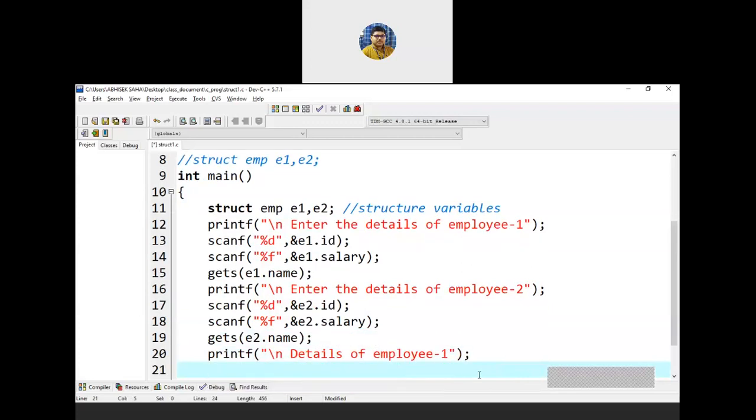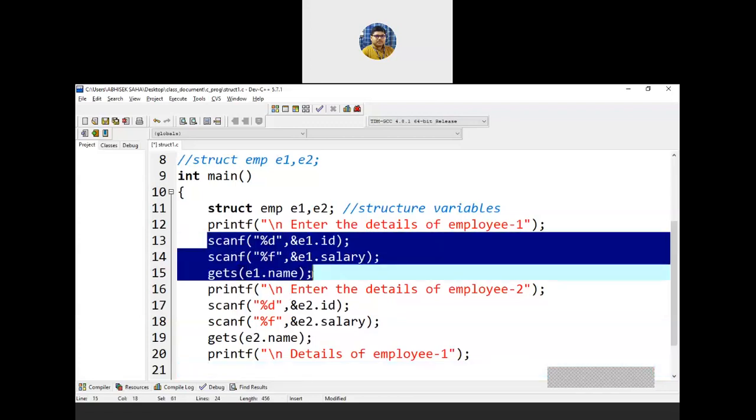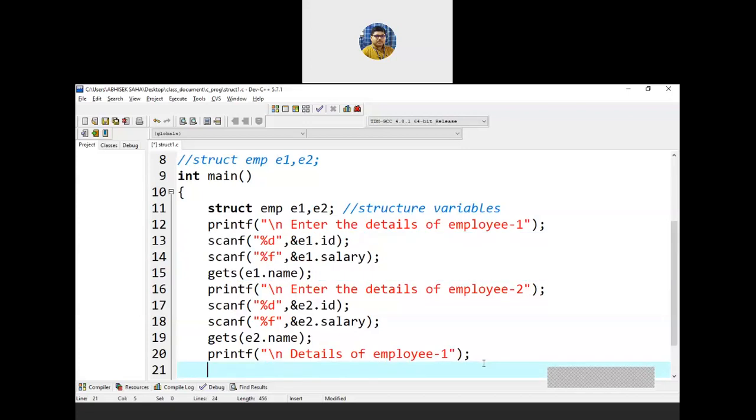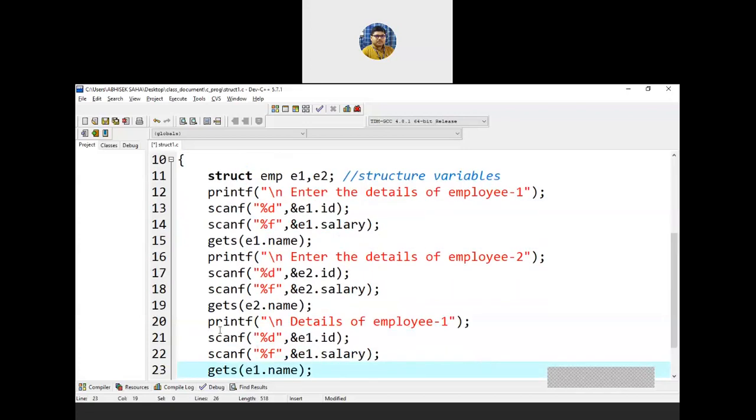Same fashion: structure variable name dot member variable. So for the first, it is e1. I'm copying that part, later on I will edit. It is printf, not scanf. It is printf, e1.id. So let me print \n id equal to,